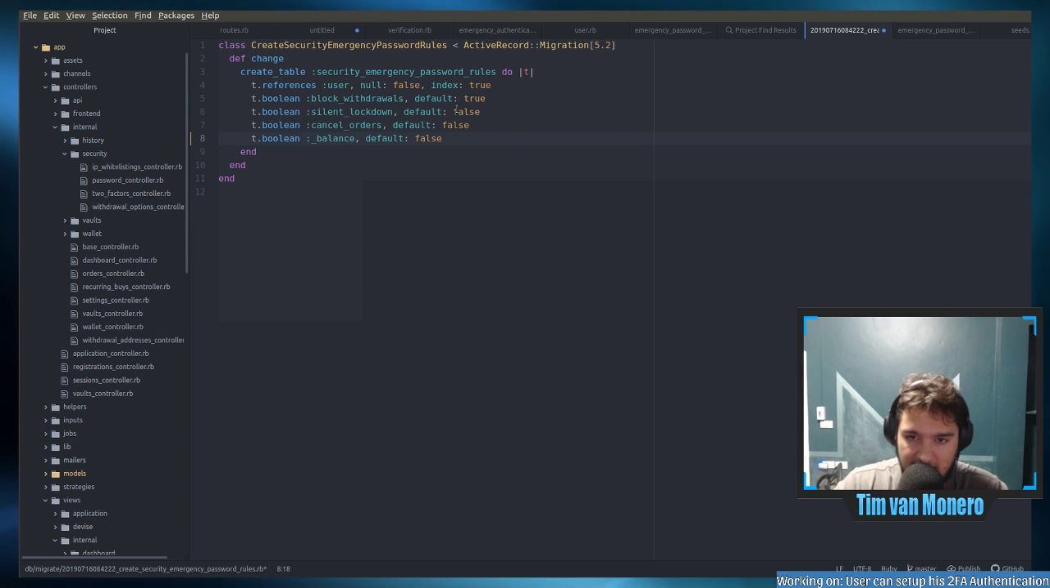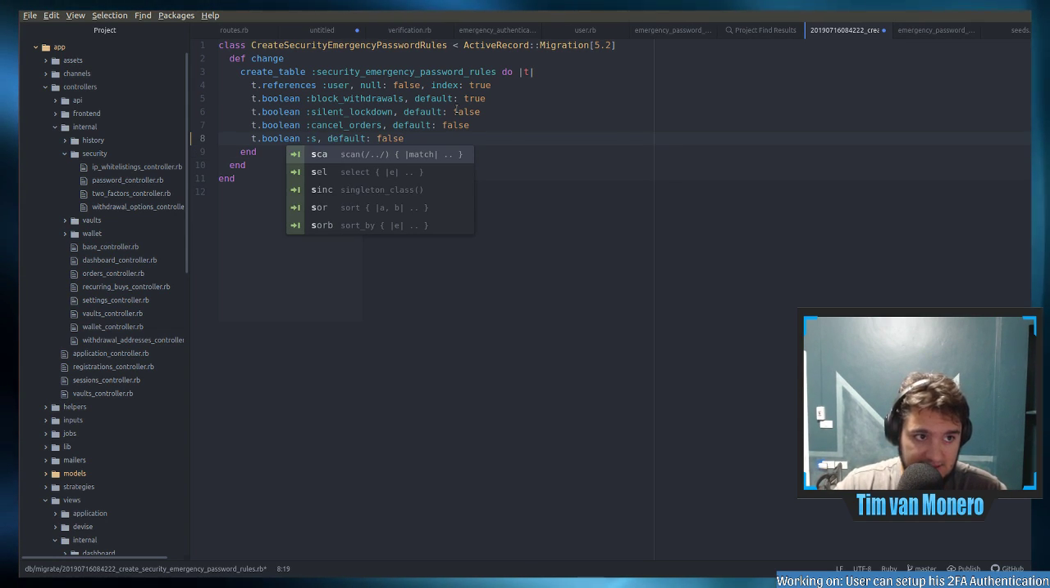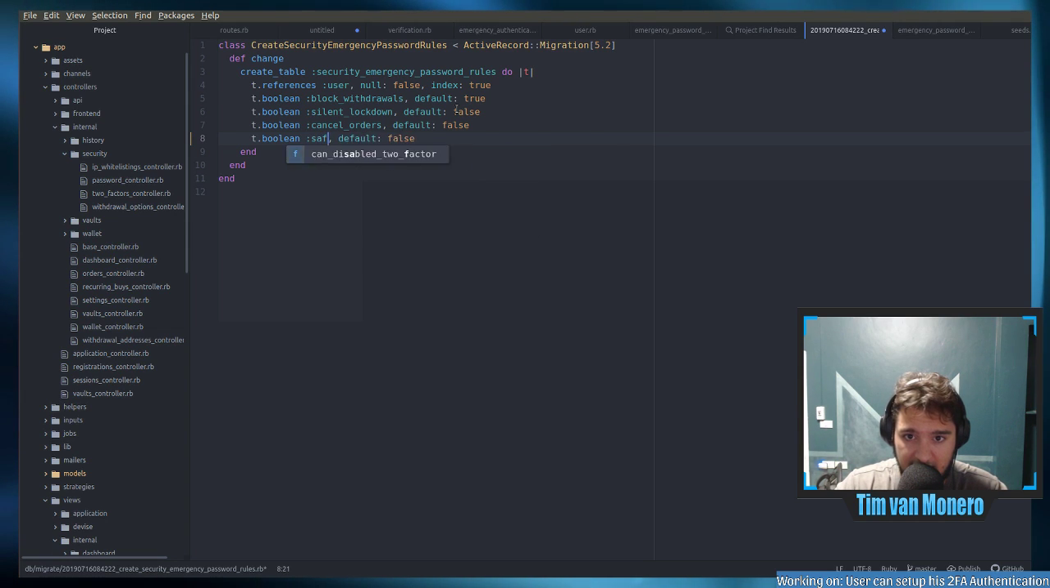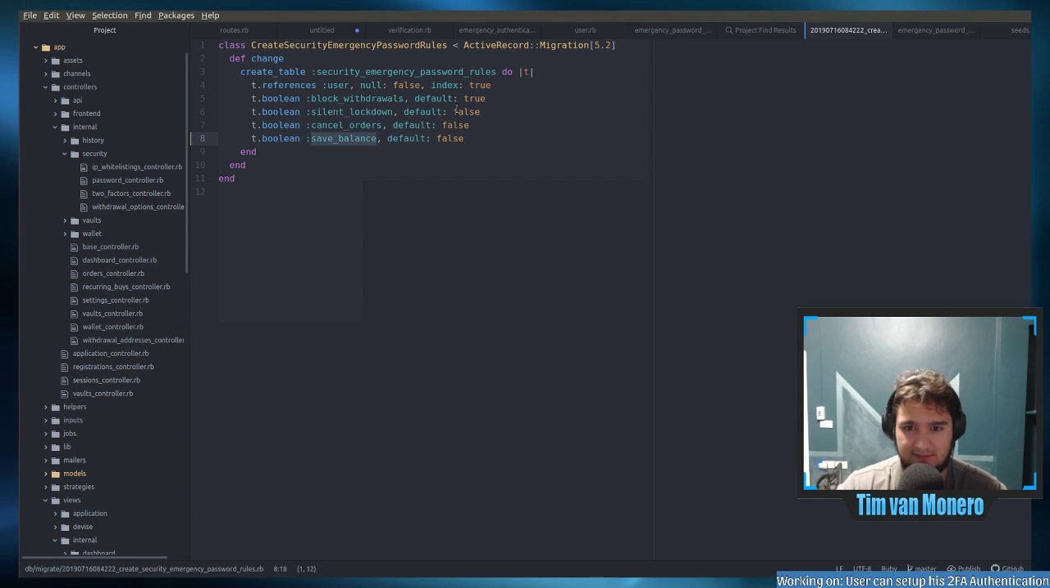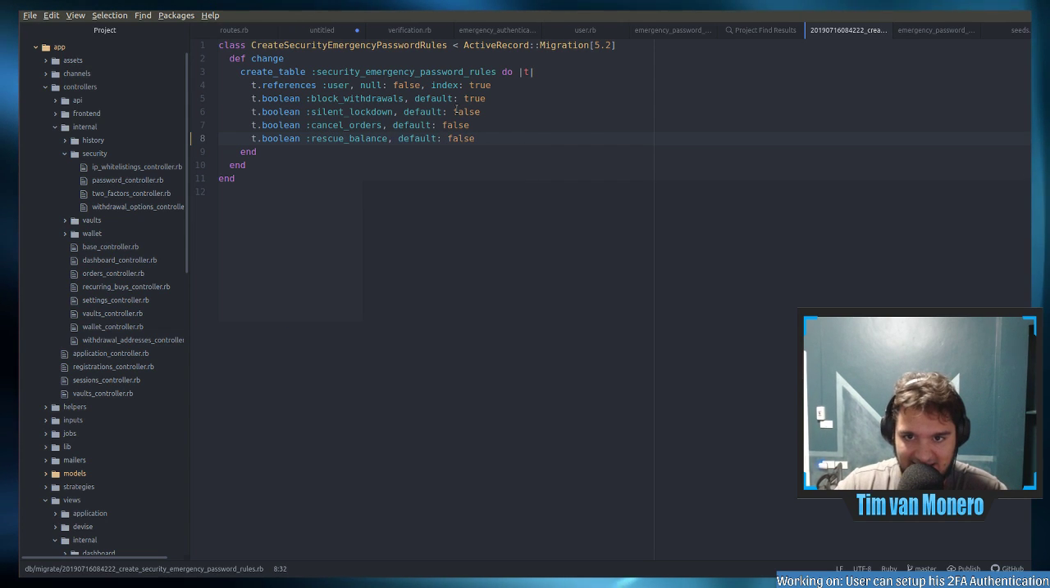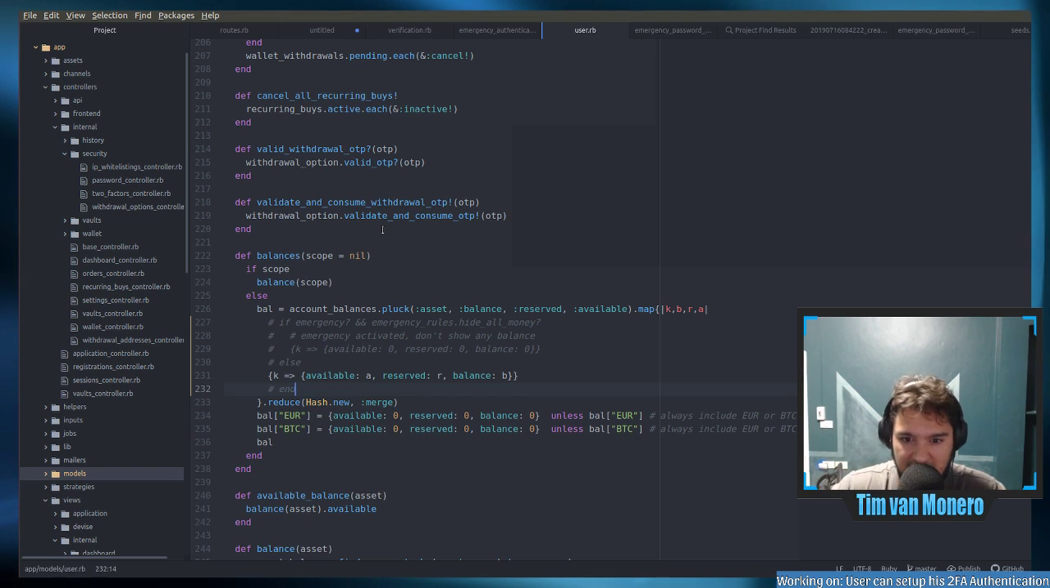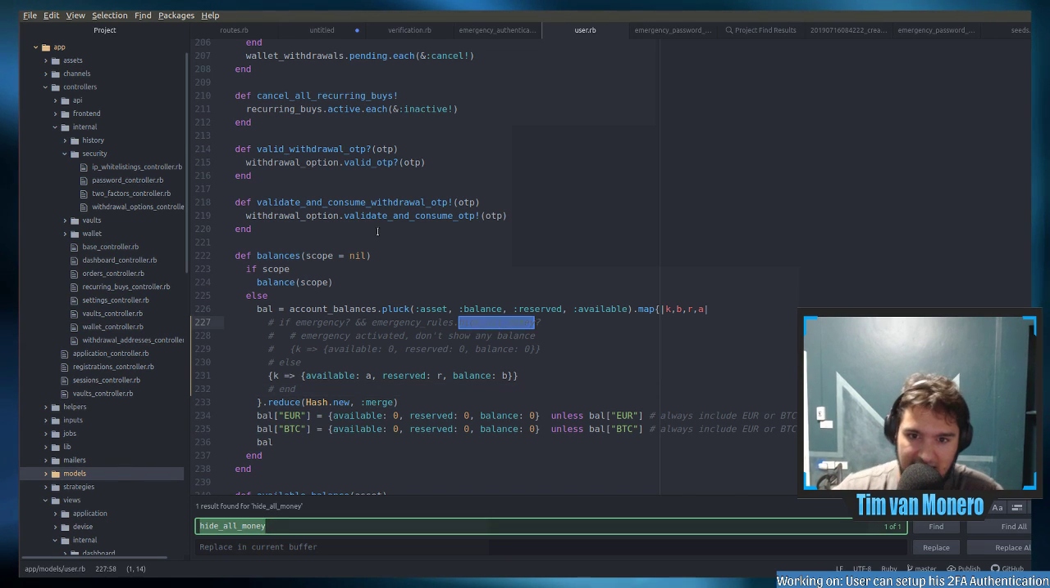Safe balance. We call it safe balance. Actually, it's with a V because we save it. Safe balance. Now we call it rescue because we rescue it. That's the last chance. All right. Rescue balance. So we go to the user and say, hey, here at the